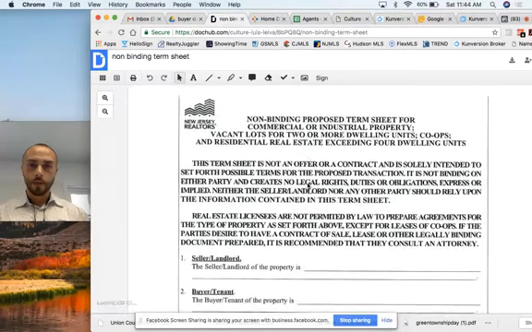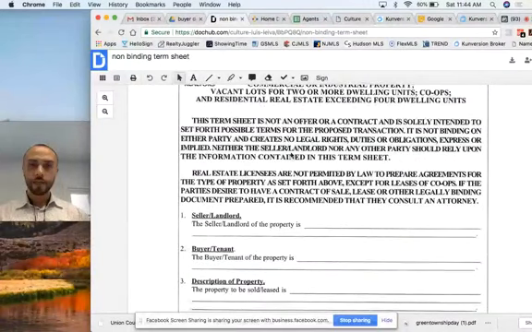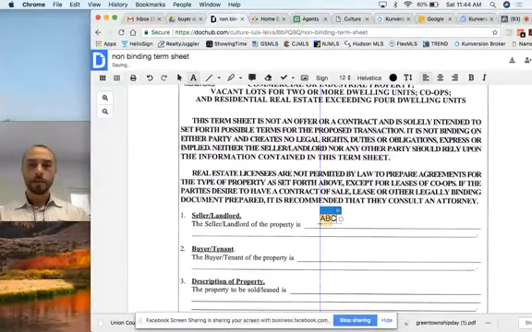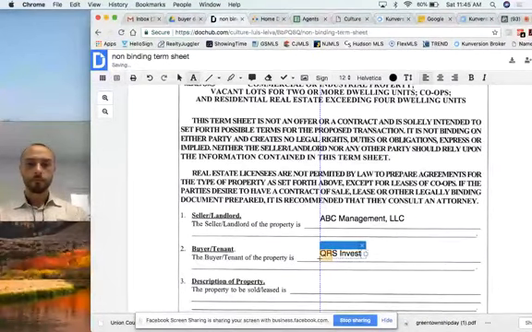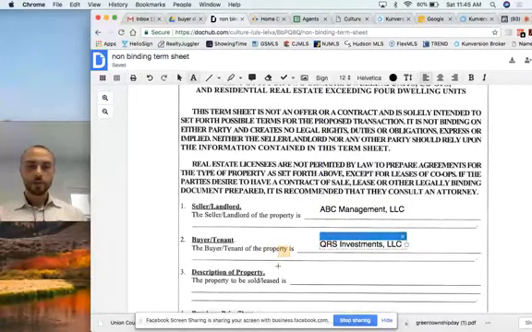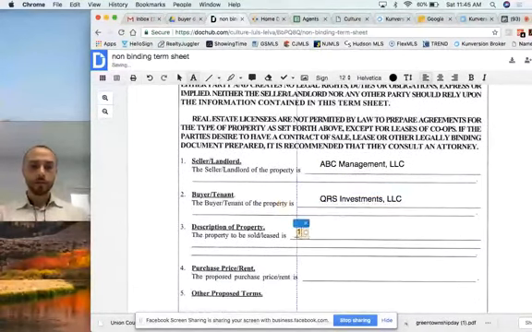Okay, great. All right, first thing you'd want to do is put down the seller's information. Taught you guys how to do that already. Let's say the seller is ABC Management LLC. And then your buyer is QRS Investments LLC. Then you would put down in the description of the property your property address, 123